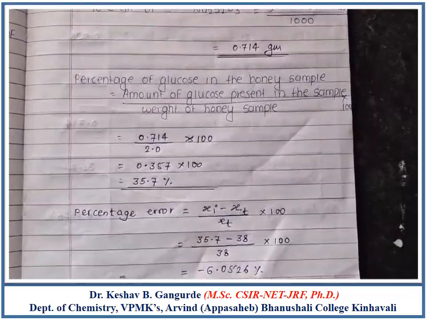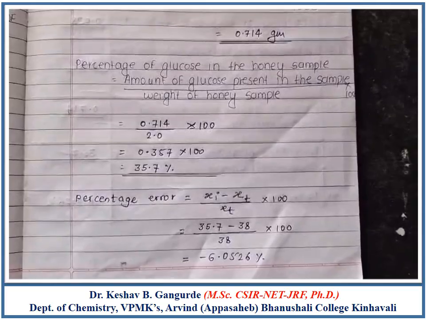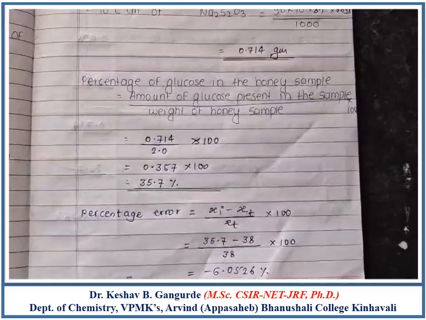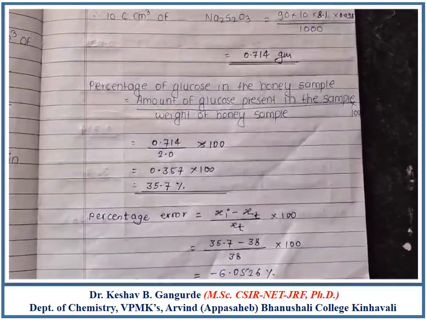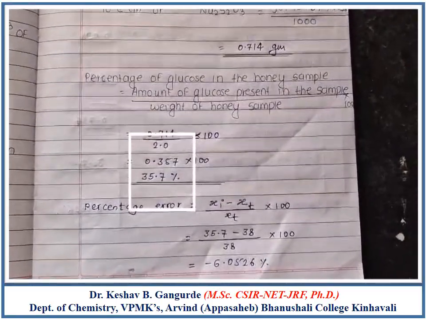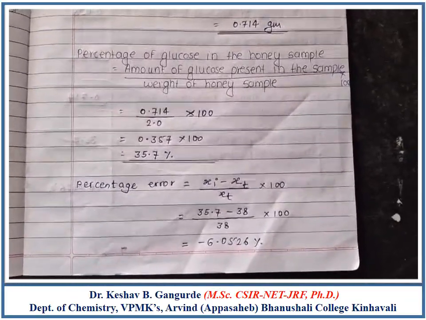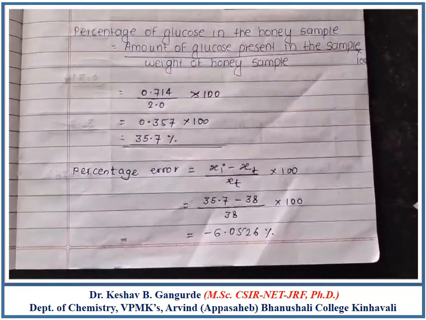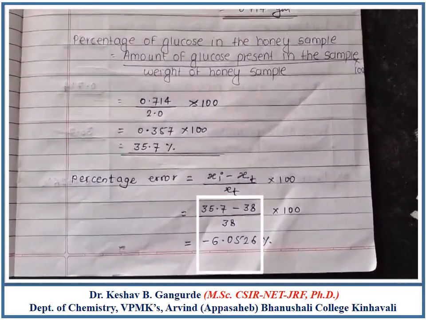Let's calculate the percentage of glucose in the honey sample, which is equal to amount of glucose present in the sample divided by weight of honey sample into 100. The amount of glucose in the sample is observed to be 0.714, while the given sample of honey to the student is 2 gram. So 0.714 divided by 2 into 100 is equal to 35.7% of glucose in the given sample of honey. Let's calculate the percentage error with respect to percentage of glucose in the given sample of honey. Percentage error is equal to xi minus xt upon xt into 100. It is observed to be minus